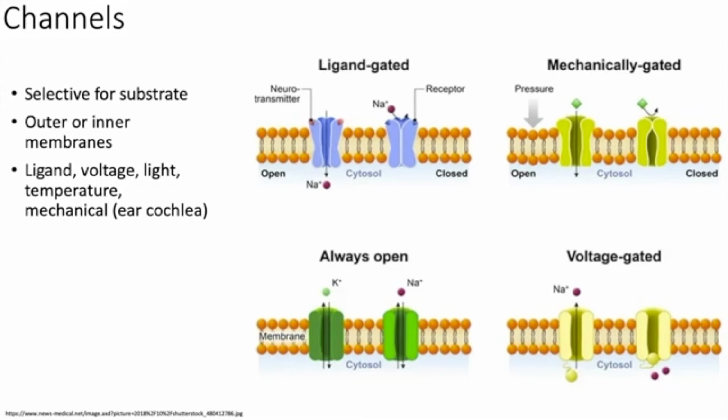There are sodium-potassium channels that move. There are, when I say voltage dependent, so that would be requiring an electrochemical gradient, which just means you've got a bunch of positive charges on one side and a bunch of negative charges on the other side, or an overall positive versus negative charge. So like in a neuron along the axon. And so you can take advantage of that because it's a gradient, right? If I have a bunch of positive charge on one side and a bunch of negative charge on the other, it's going to be a lot easier to move something from the positive side to the negative side